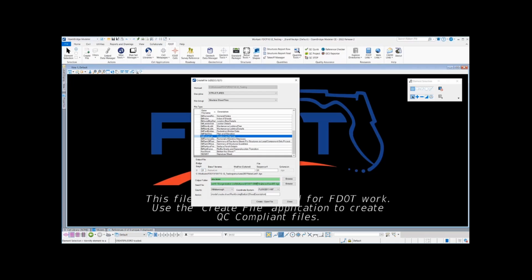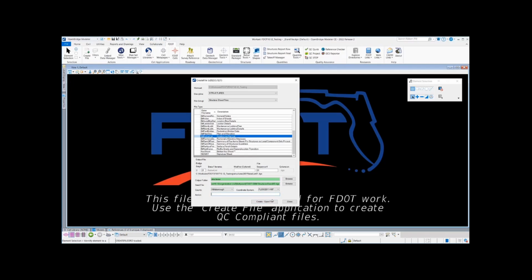You can see that the seed file here is a 2D seed file. We don't need any 3D aspects for this tool. The county, I'll leave as Hillsborough, that's fine. And then the actions, I'm actually going to go ahead and delete these. What this would do if I didn't delete this is it would create a sheet model within this file automatically. So I'm going to delete that because